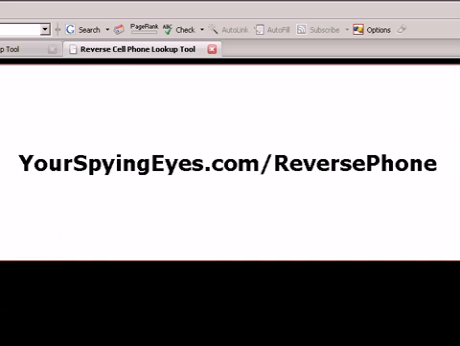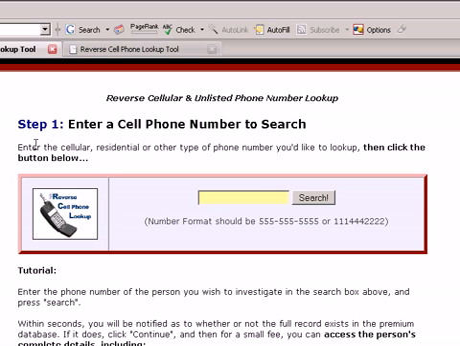Now if that for whatever reason does not pull up their phone number, and in many cases it won't, just because they haven't been online, again, head on over to yourspyingeyes.com/reversephone. When you get there, this is what it'll look like. And let's put that number in and see what happens. We'll go 614 529, oh, different number, 529 1928, and we'll click search,